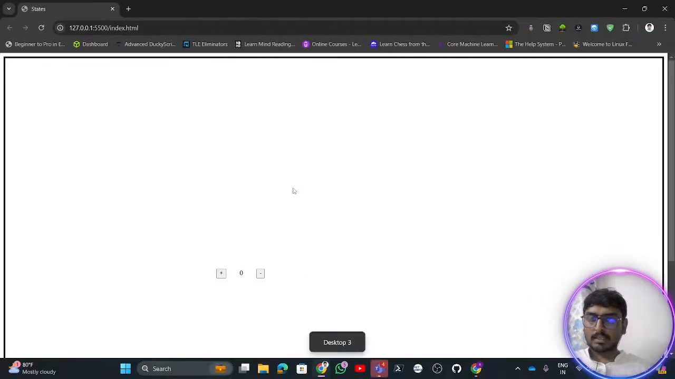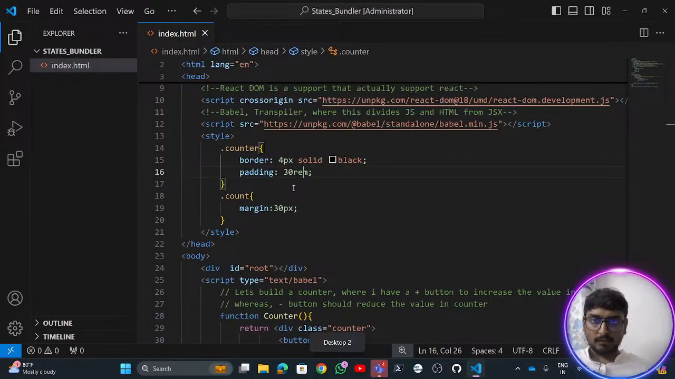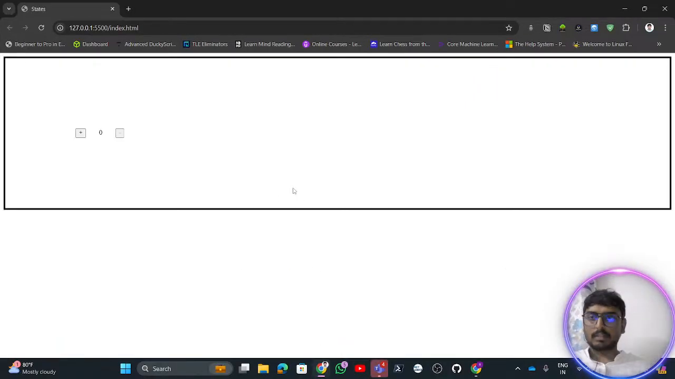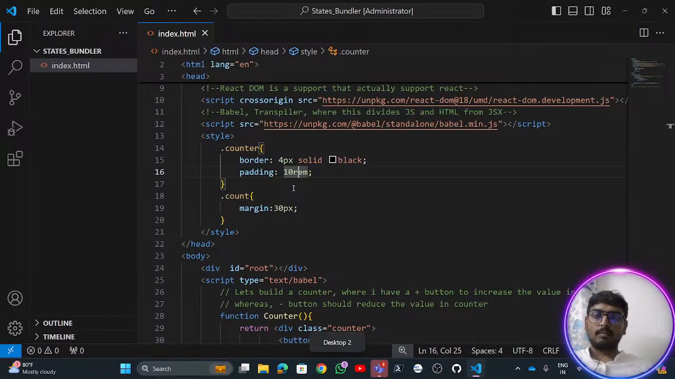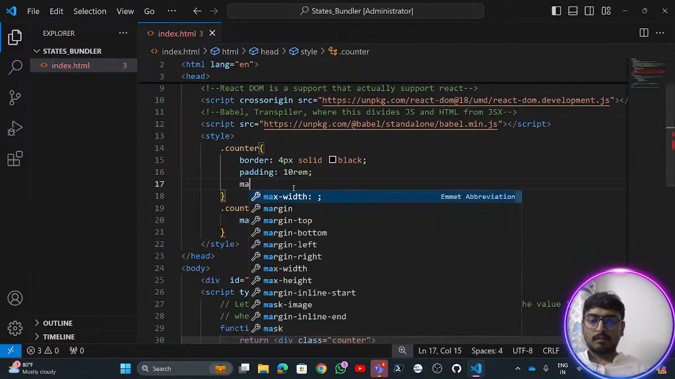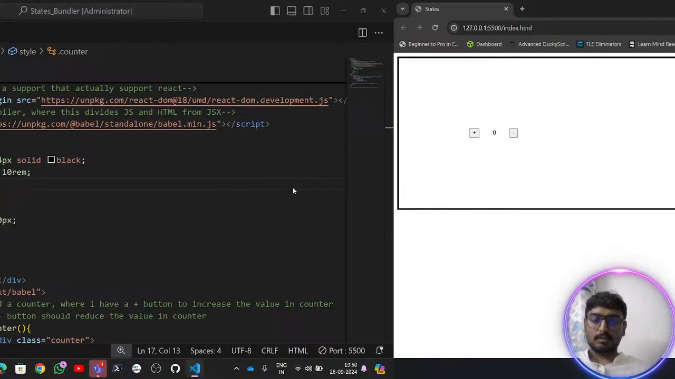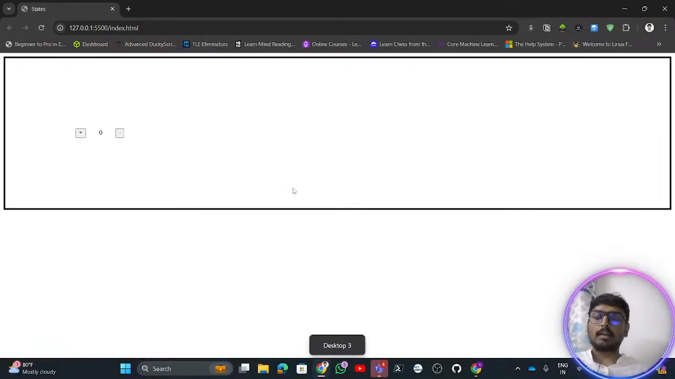Yeah, let's try. Okay, padding of 10 rem would be sufficient. Yes, padding of 10 rem would be sufficient, and let's try to give margin for this particular element. Okay, no need of margin. Now we have this one single element, this counter, where we have to do one thing, that whenever we click